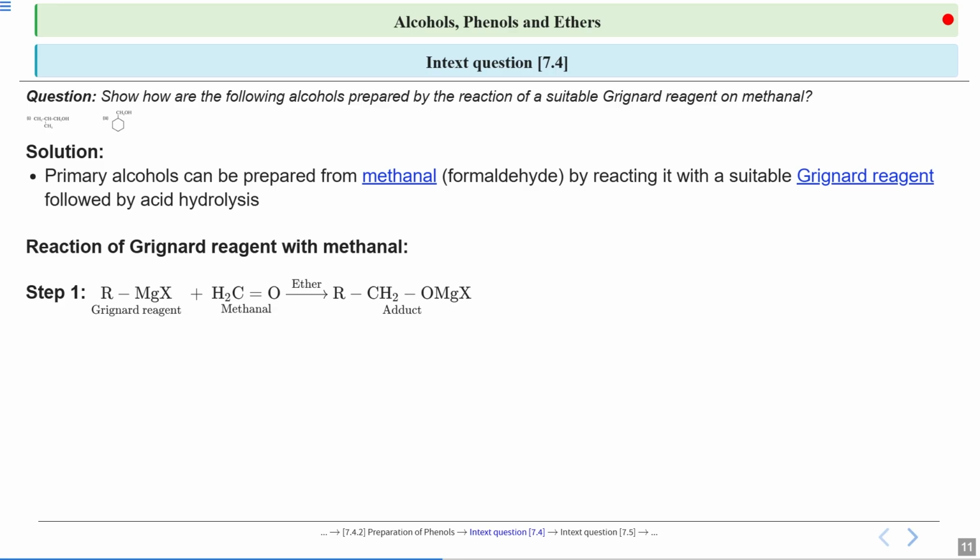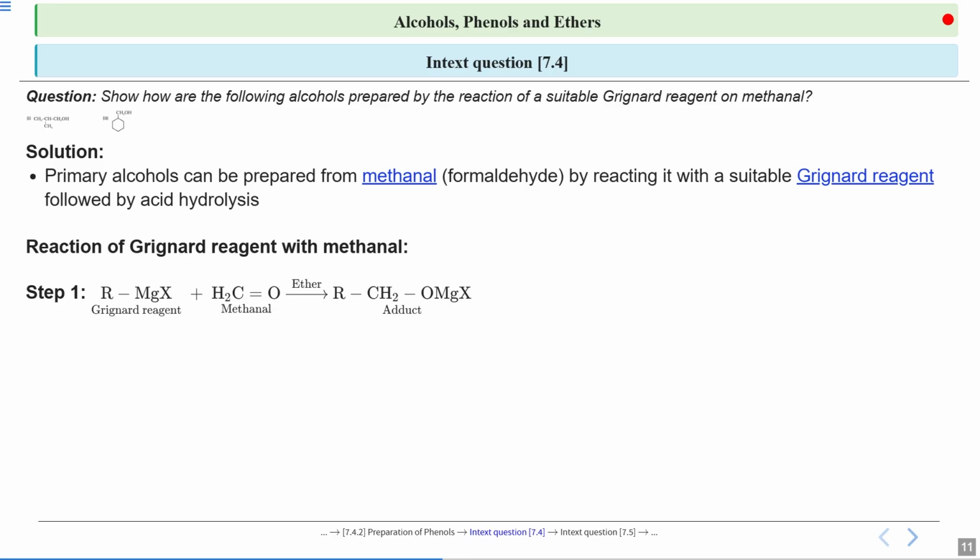Oxygen is more electronegative, so the double bond electrons will shift towards the oxygen. And because the R and MgX bond is actually kind of polar, there is a deviation of charge, you can say delta negative and delta positive are present over R and MgX respectively. And what will happen, this alkyl group from the Grignard reagent will attach with the methanol, that is the aldehyde, and you will get an adduct